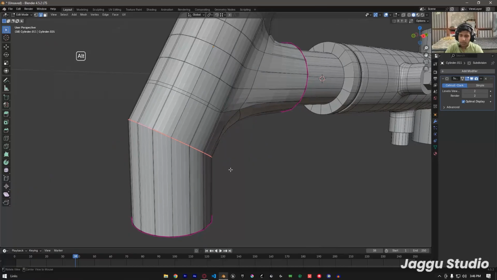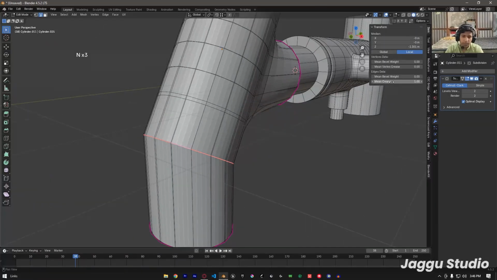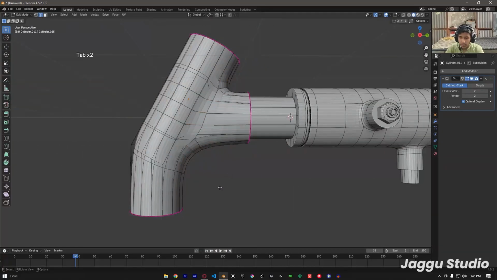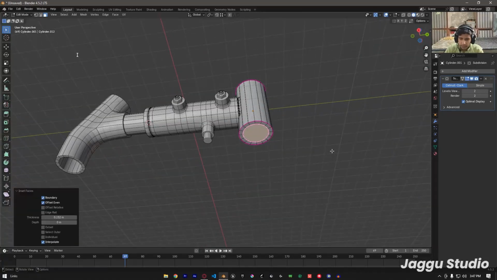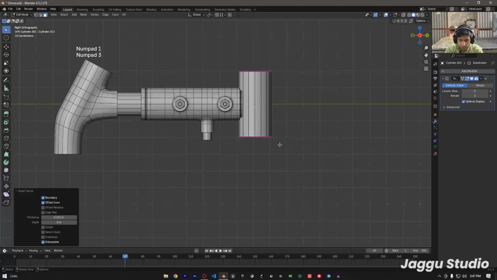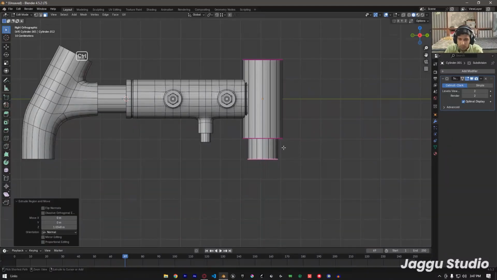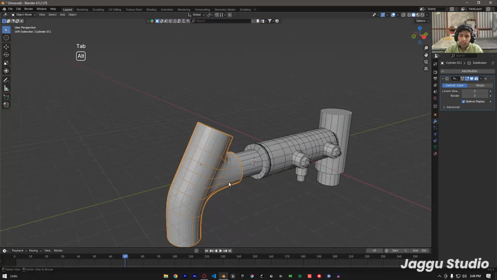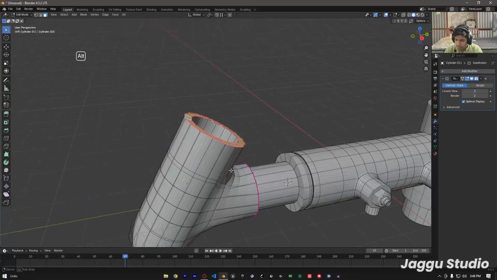Now I'm just going to select this whole edge loop, then press N to bring this panel and set the mean crease to 0, and we get a shape just like that. Then press I to insert it and then press E to extrude it down on the same position where we have this. Okay, so now select this object and select these faces,